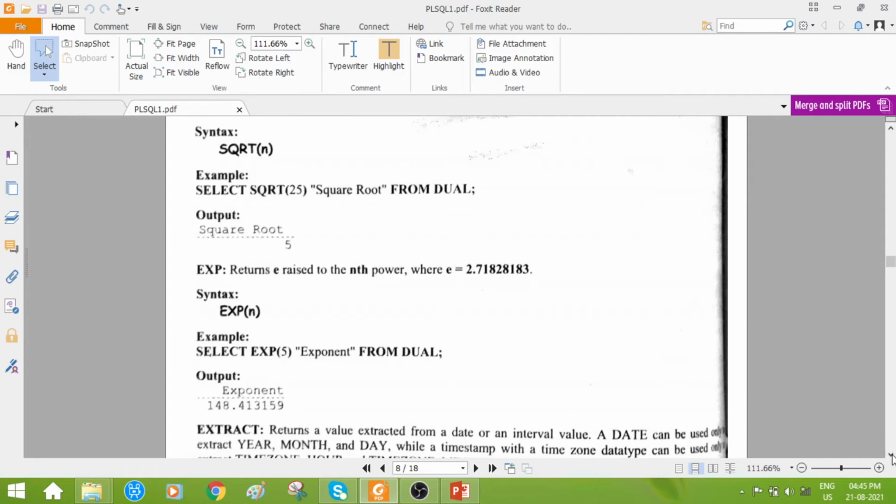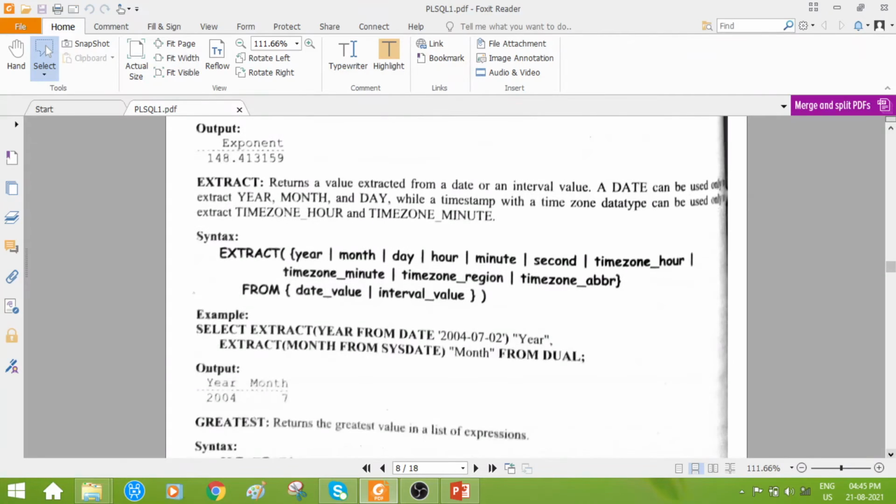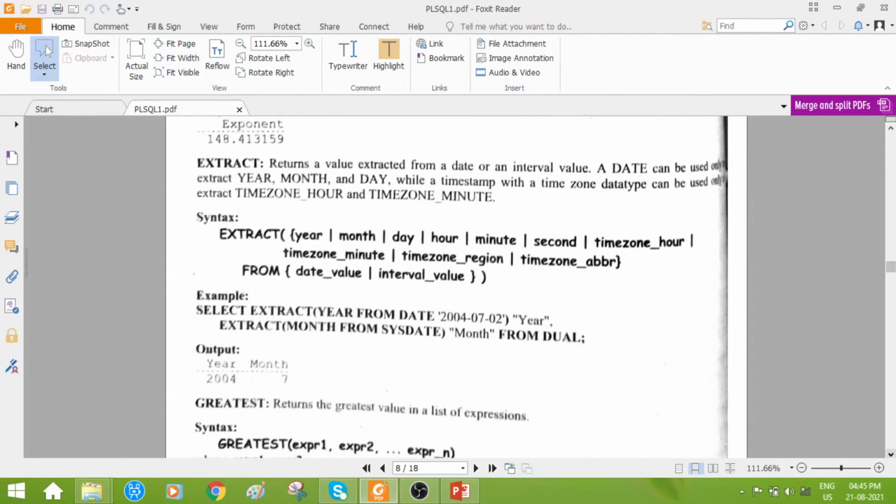Okay. Next is extract. It returns a value extracted from a date or an interval value. The functionality of extract is that it is going to display information with respect to a date, like if you want some information related to year, month or day, and if you want to get the timestamp value with respect to the time zone data type, like hour, minute.